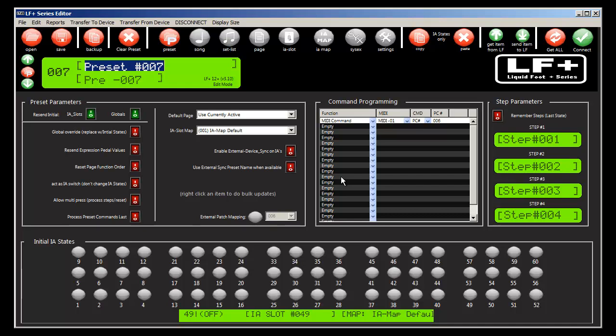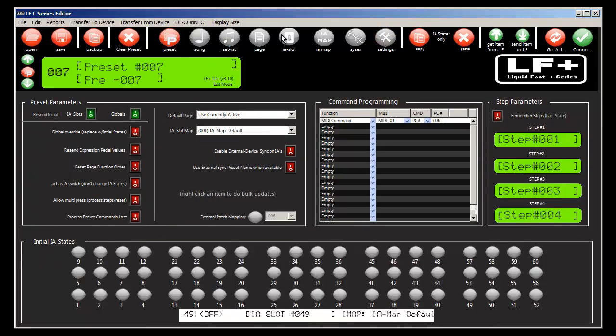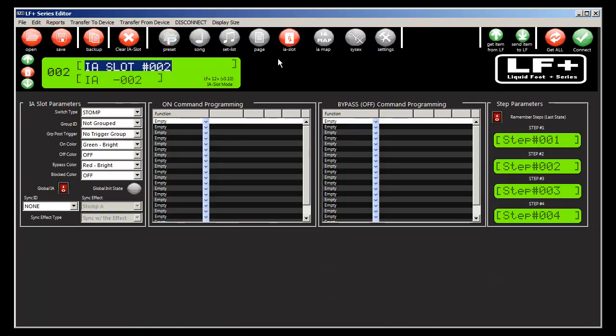So as you change information or presets within the Kemper, it'll automatically show up in a live real-time state on the Liquidfoot. So I'm starting with a completely empty Liquidfoot Plus, brand new. Everything is set to defaults, and I'm going to show you how to do this manually real quick and then how to do it in a much faster way. So if we were to manually